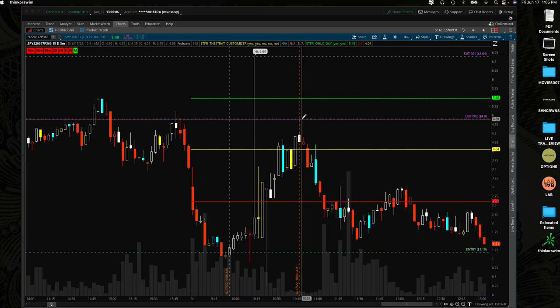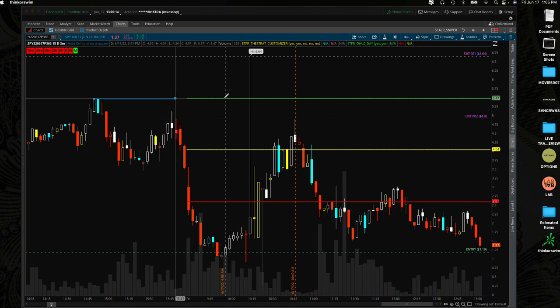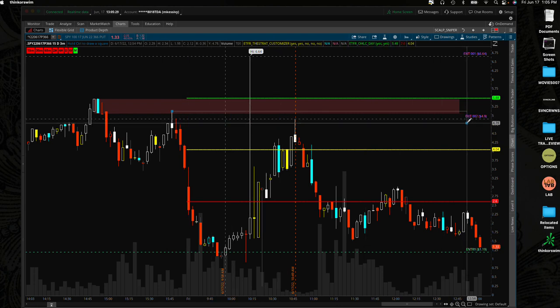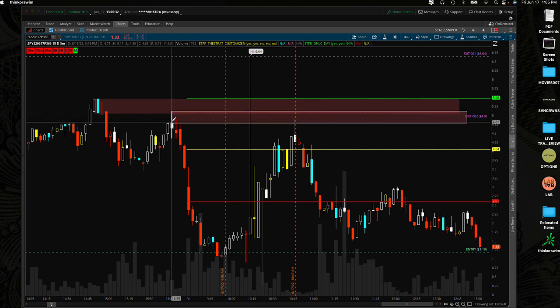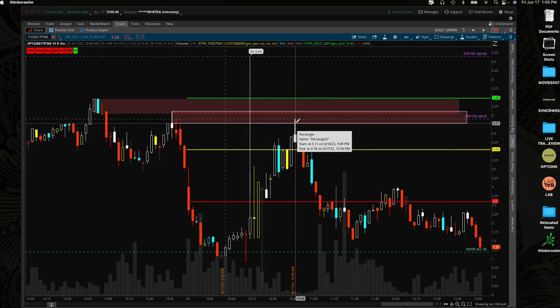Now, how would we have known to get out and exit? So you always want to use previous price information. So you can see at this level right here, this was the highest point on this option contract. Say about right there. And then we have another level around here. And I'm just going to get the wick. You see that wick right there on this white candle? This wick right here. So as soon as we entered into that space again, because we already came through once, as soon as we hit this space right here, I would exit it completely. Now, that probably wouldn't have been exactly at 4.9. It might have been closer to,